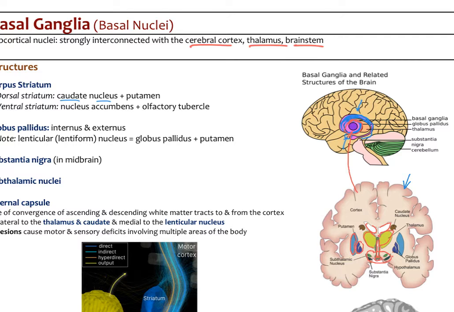Now, just to make things a little more confusing, sometimes the putamen and the globus pallidus together are known as the lentiform or lenticular nucleus. And so coming off of that would be the caudate nucleus. And again, in this picture up here, that's coming around the top. And we see a little portion of the caudate down here in the coronal section as well that's been cut off. All right, so that's the striatum,